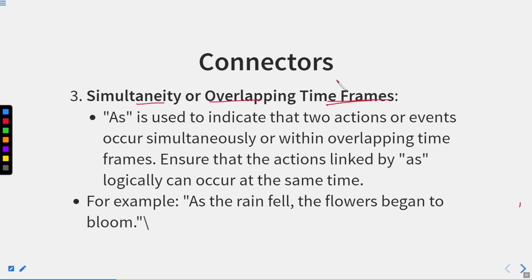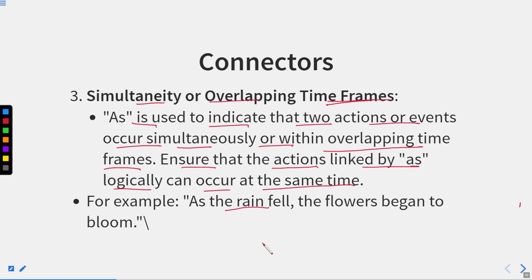Now, simultaneity or overlapping time frames. As is used to indicate that two actions or events occur simultaneously or within overlapping time frames. Ensure that the actions linked by "as" logically can occur at the same time. Overlapping means both actions are taking place at the same time. Example: as the rain fell, so